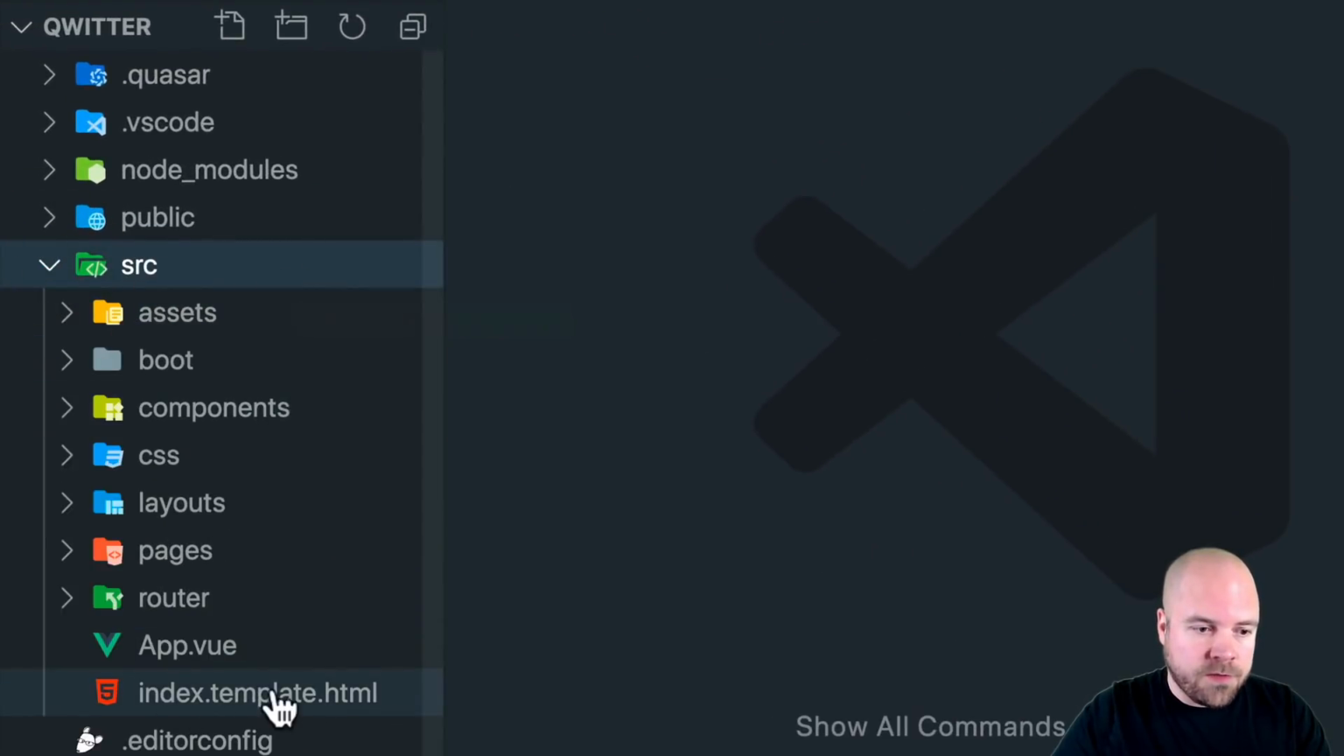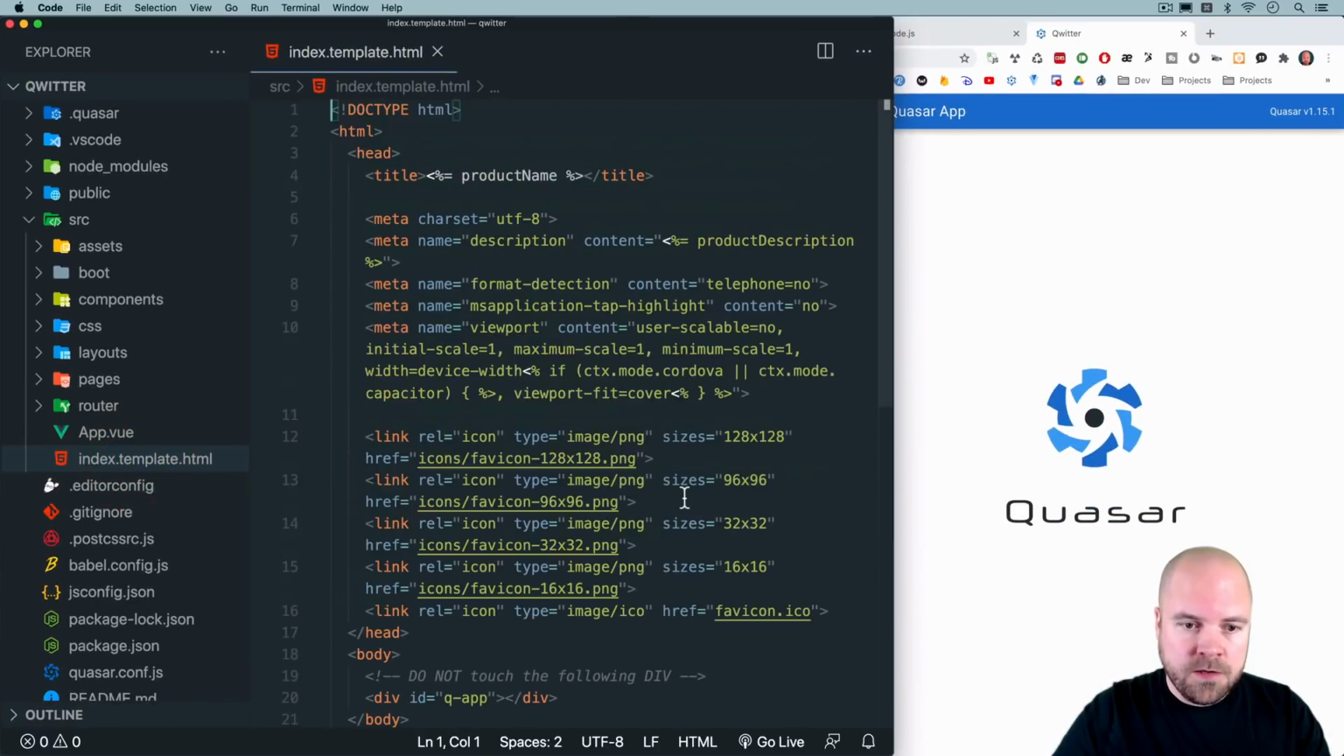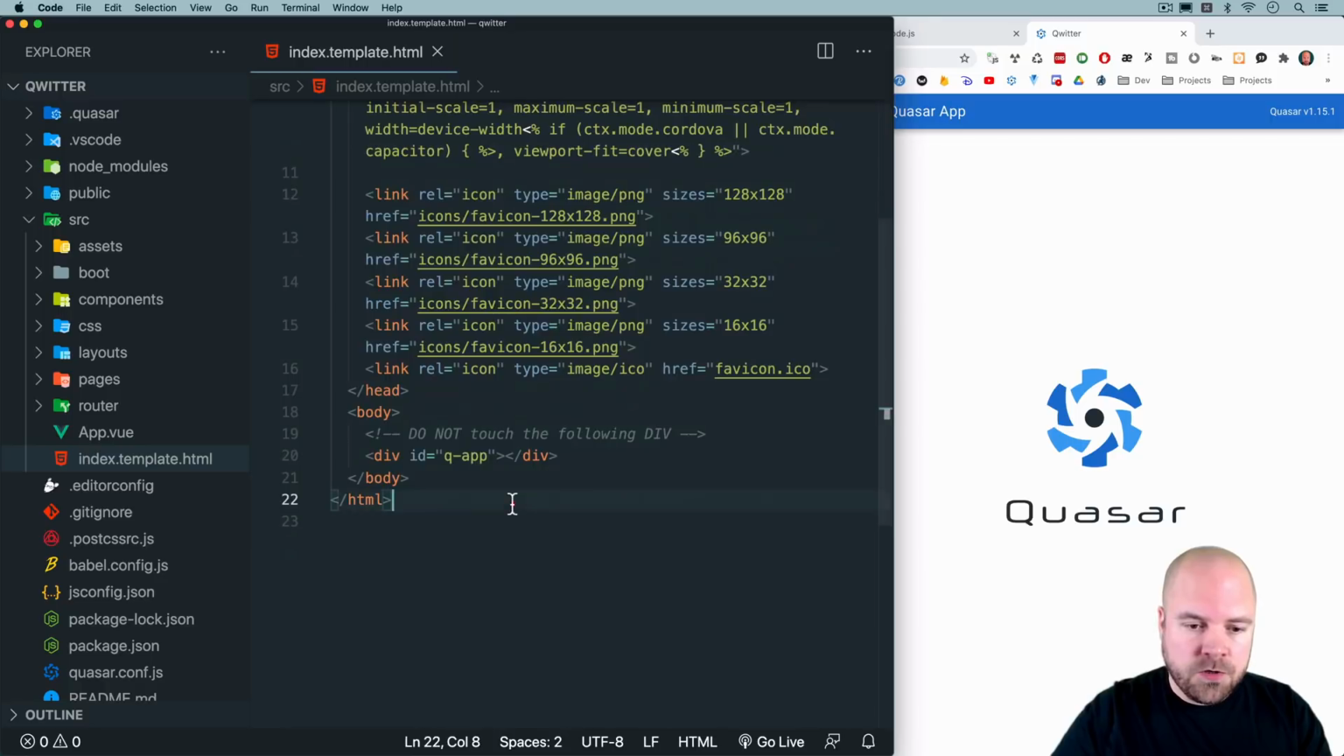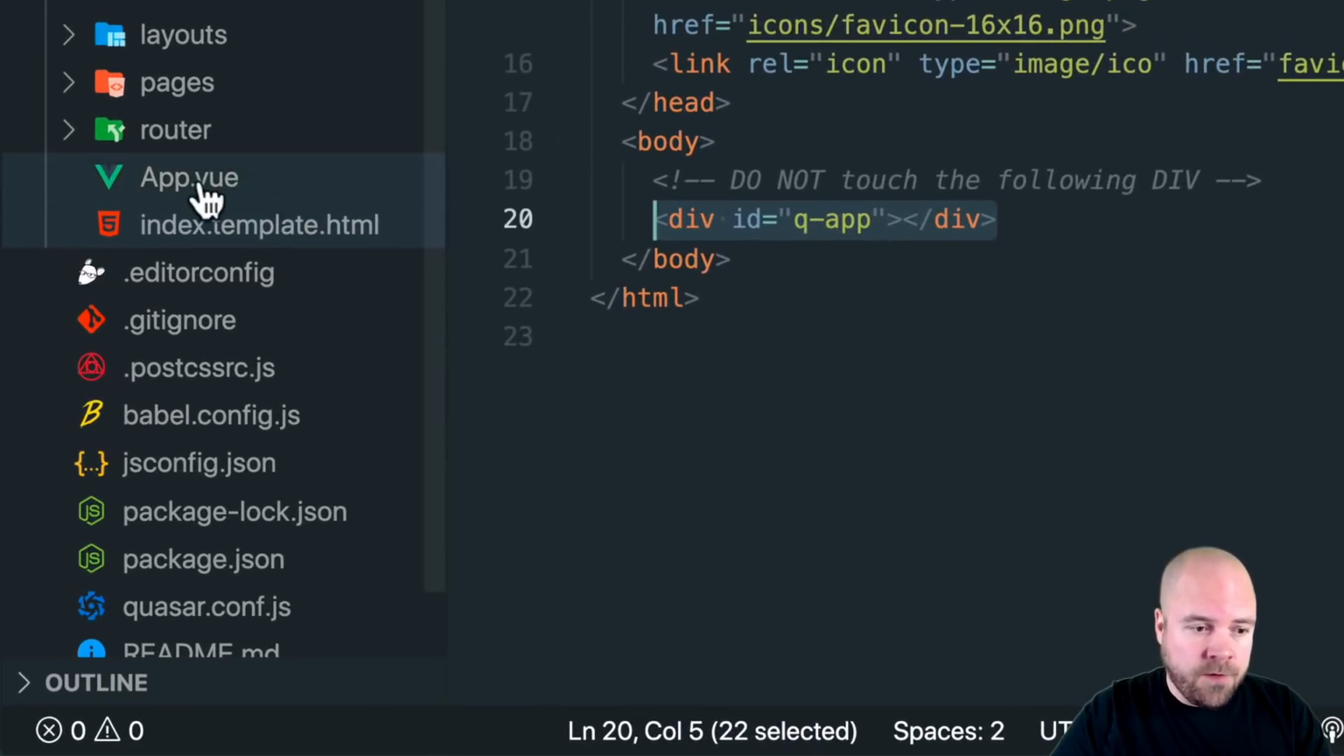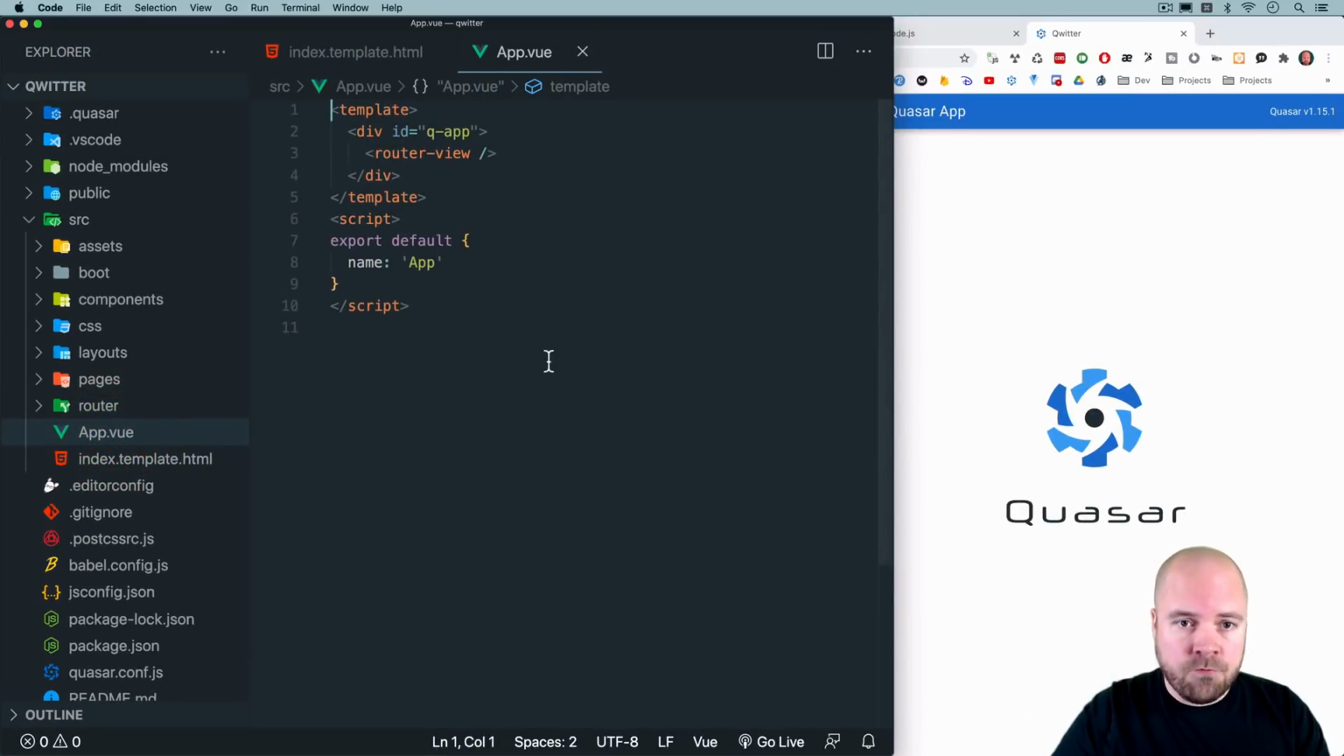And the main folder we're concerned with is this src folder. So in the root of that, we have this index.template.html. So this is our HTML page, and we don't typically need to change this much. And it just has this one div in the body. And this is where our main Vue component will be loaded, which is this App.vue file. So this is our root Vue component, and this will load the layout component of our app here,